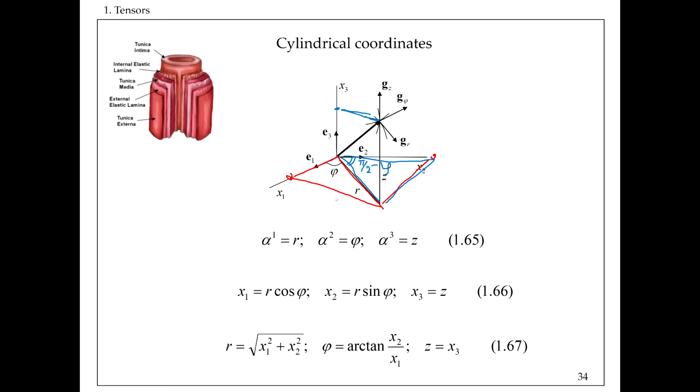So we can also conclude it based on the simple geometrical consideration of this triangle, as we already said. That's the simplest thing here, of course. If x3 is equal to z, then z will be just x3. In this way we establish a direct relationship connecting our original Cartesian coordinate components with